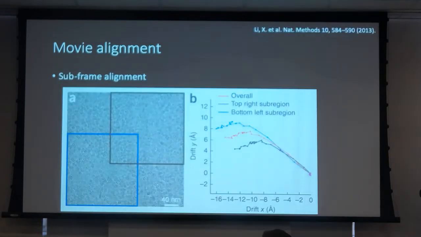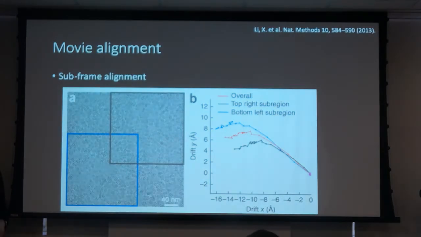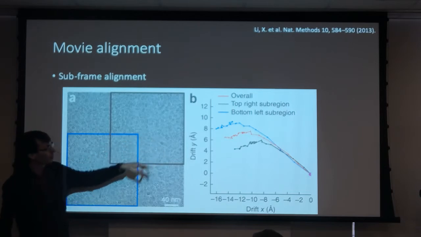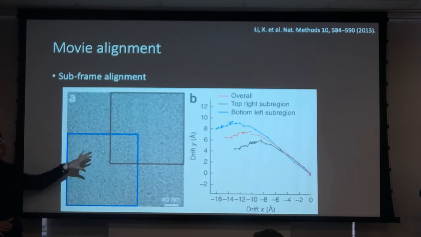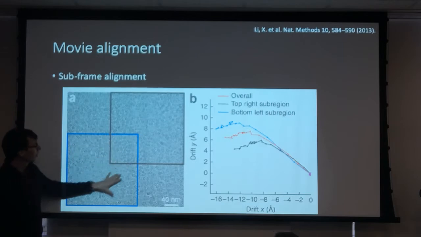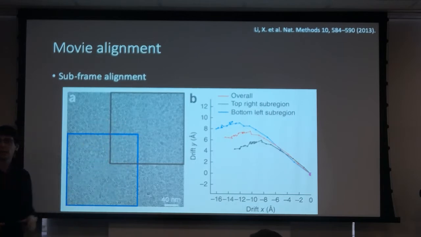All right. Something that they were also describing in that initial paper was that if you looked at different regions of your micrograph, the graph on the right shows how things move in those two regions, the black region, the blue region, and the red is the overall. And you see that things are not moving exactly the same way. So it might be important to look more locally at how things are moving because of this doming effect. And so you want to do a